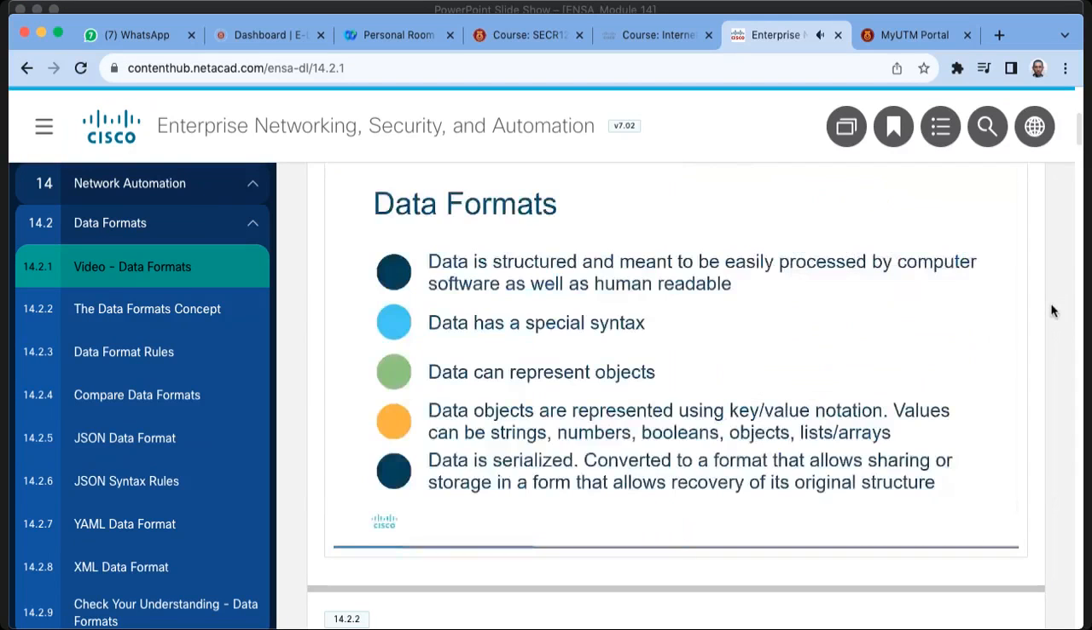The data formats we'll be looking at all have similar characteristics. The data is structured and meant to be easily processed by computer software, as well as being readable to the human eye. The data has a special syntax. The data can represent objects, similar to JavaScript objects or programmable objects. The data objects are represented using key-value notation or name-value notation. Data objects' values can be strings, numbers, booleans. An object can contain another object or a list and array. The data is meant to be serialized, or converted to a format that allows sharing or storage